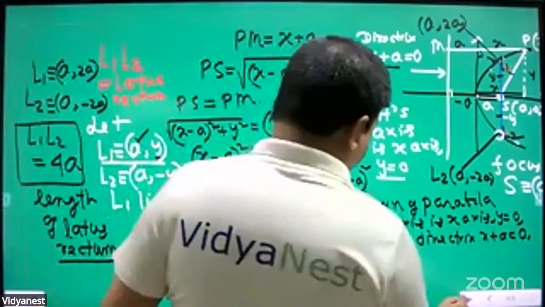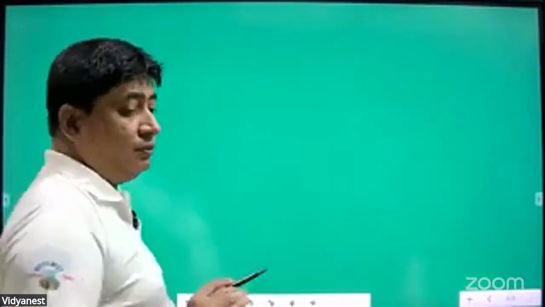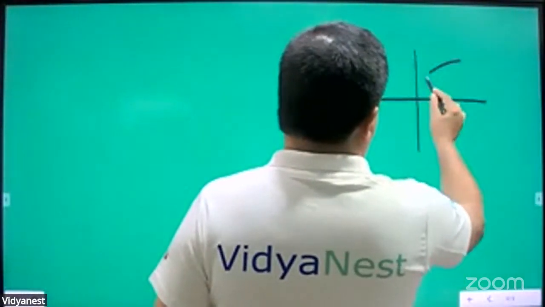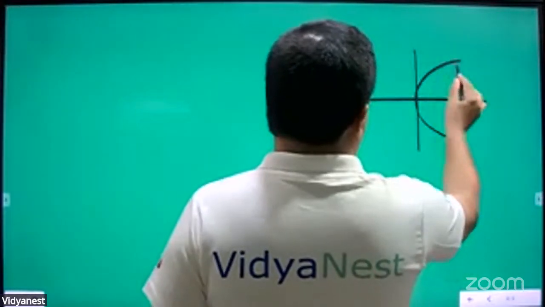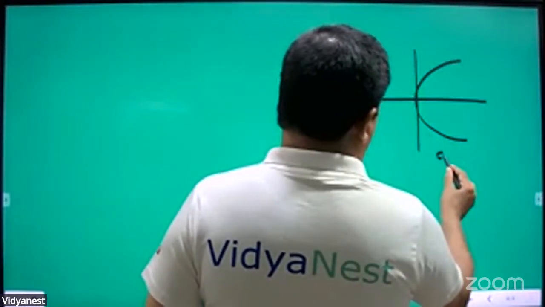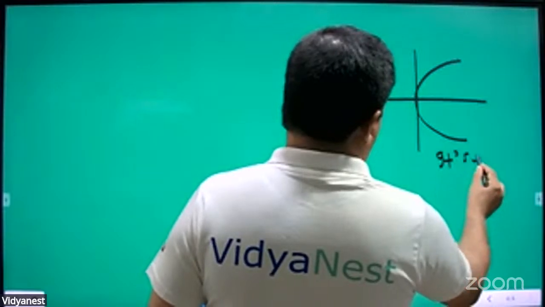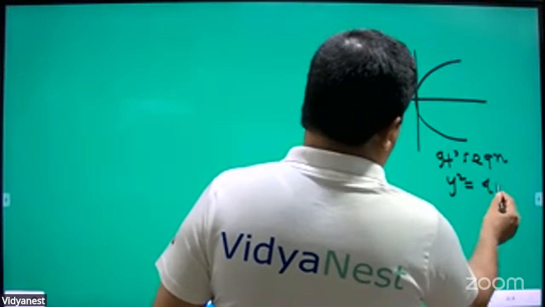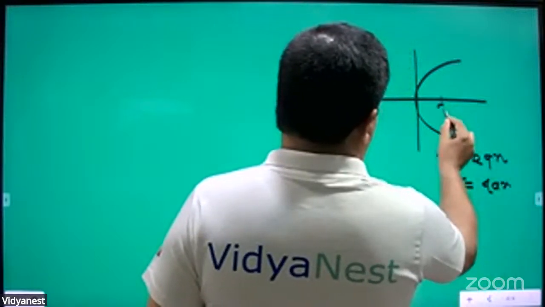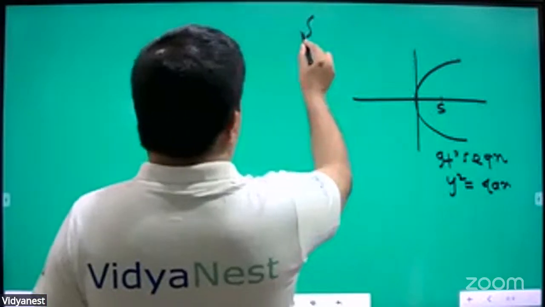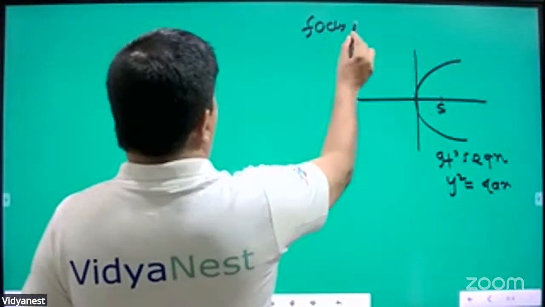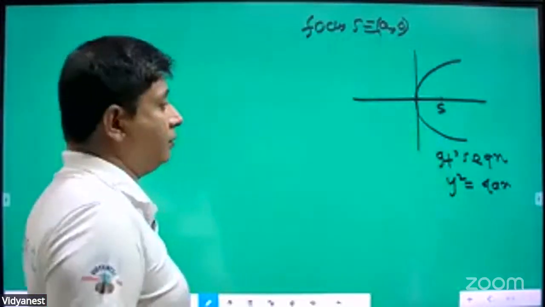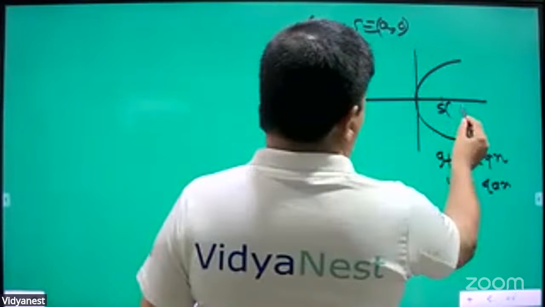So what we got yet, this is the parabolic curve, its equation y square is equal to 4x, focus is a comma 0, that is a comma 0,